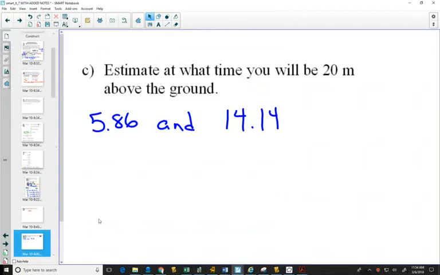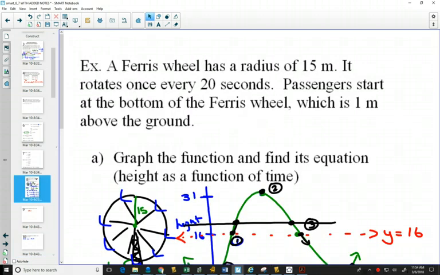So our calculator is very powerful for helping us find out what these things are exactly. Our drawing gives us a sense so that we can estimate it. And again, we need to be able to draw it first in order to even put it into our calculator in a form that we can use it. So like I said, I'd like you to turn to example 2 on the ones try on your own, the Ferris wheel one there.